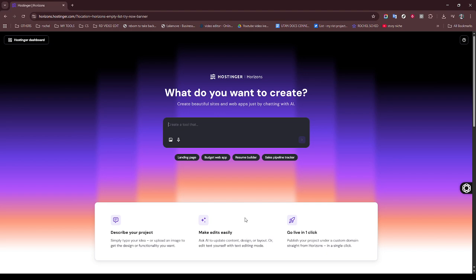And there you have it. By the end of this process, you'll have successfully created and deployed a web application using Hostinger's Horizons platform. This powerful tool not only simplifies the process, but also enhances your ability to manage and scale your